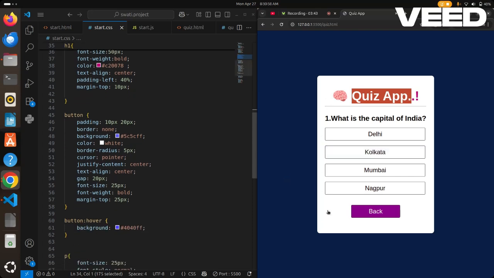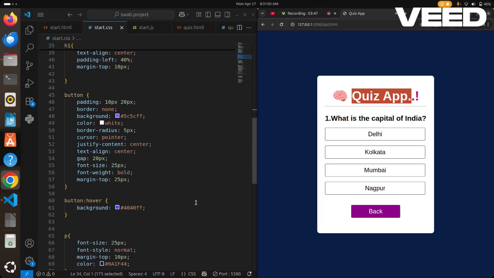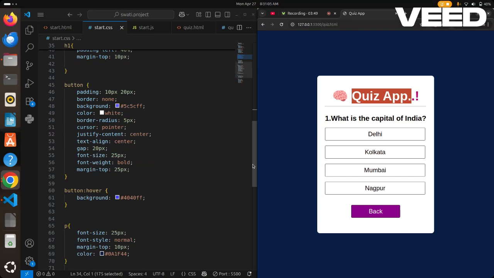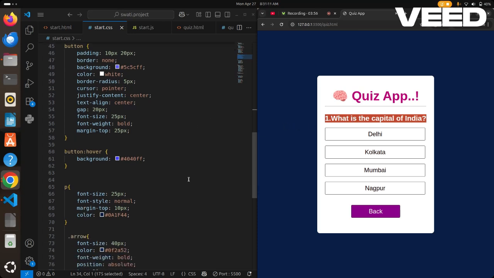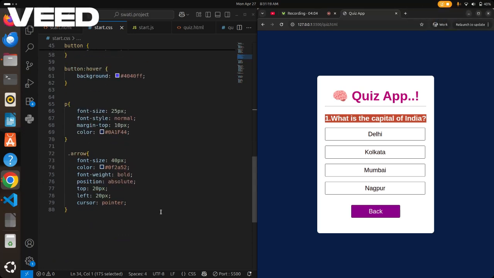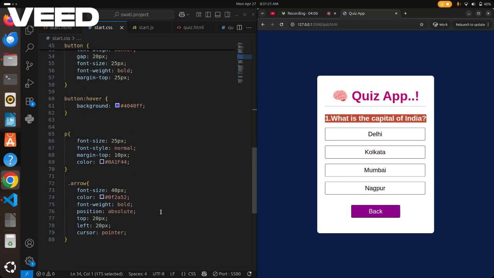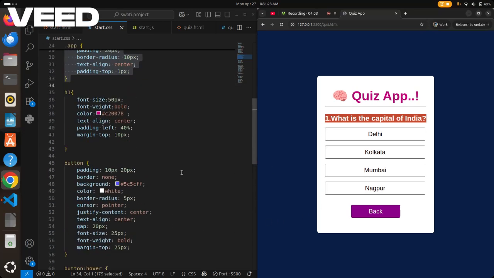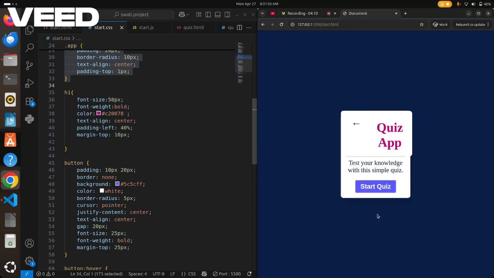And also you can see here I give the background color of my container as white. And also I want the font in bold, that's why I use font weight bold. Font style I want normal, so I give normal. If you want italic or bold or any other style, you can give it there. Okay, then I also give a position for that arrow. You can see here for that arrow I give position absolute.